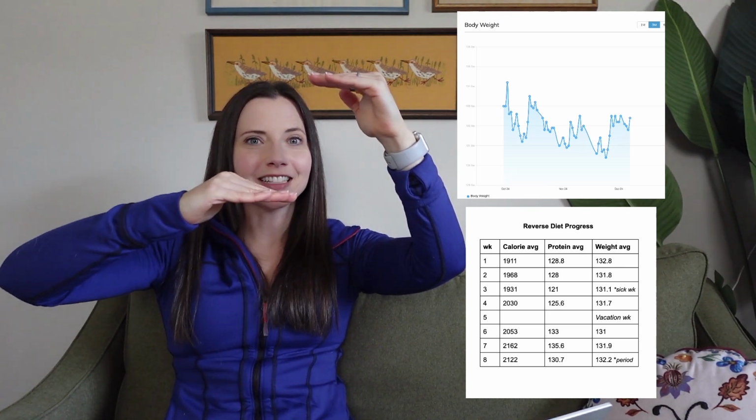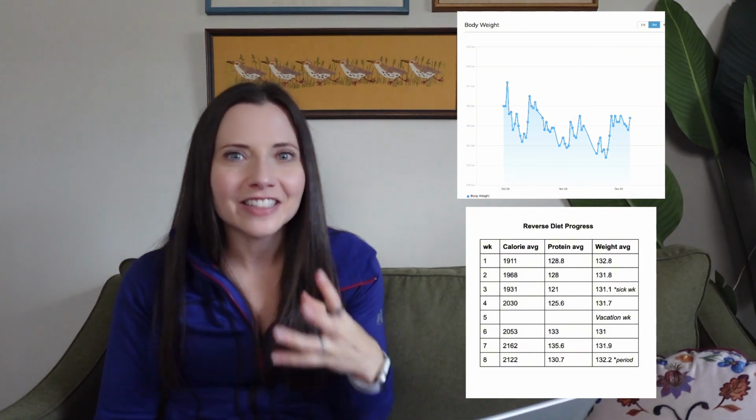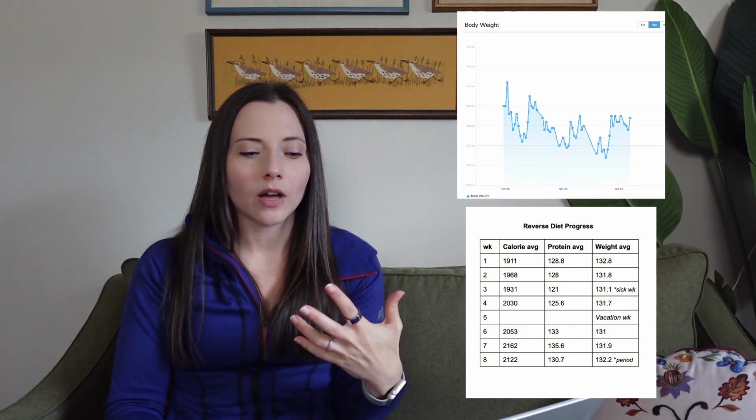So 6 weeks into this reverse diet, my average weight was actually down almost 2 pounds from where it was when I started my reverse diet, thanks to that initial blip that I saw on the scale and pushing through that discomfort of seeing the scale go up because you know it's gonna come back down. And when you think about it, as I'm making these incremental increases, I am still at a deficit, still at a deficit, still at a deficit. So for those 6 weeks that my deficit was really, really shallow, it's still a deficit. And so I was seeing a little bit of a drop on the scale, definitely maintaining at least the fat loss that I saw